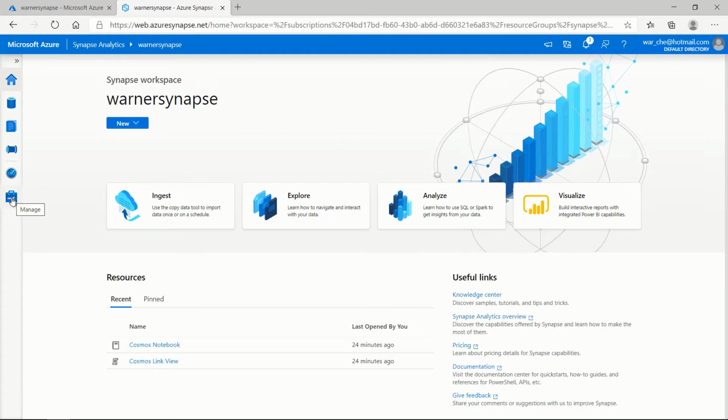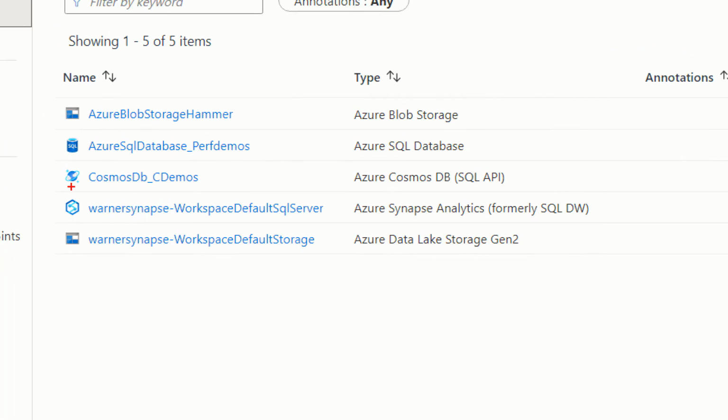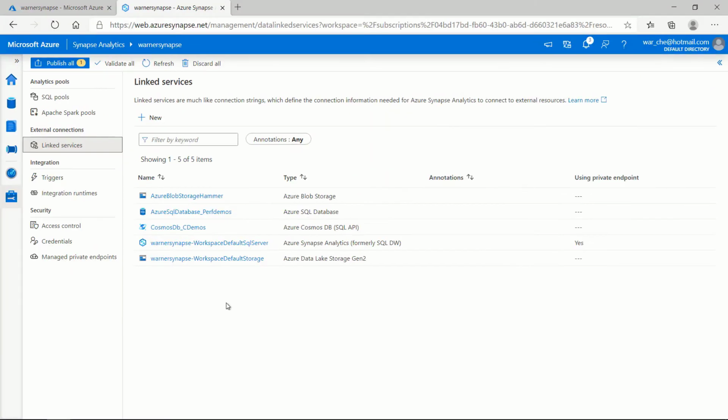So first thing, we're going to go into Manage. You see here linked services on the side, and I have the list of all the linked services I got on my account. Now, linked services are any sort of service that lives outside of the Synapse Workspace that you're going to be using to bring data into your workspace. Now you can see here I already configured mine that I'm gonna have for my demos,